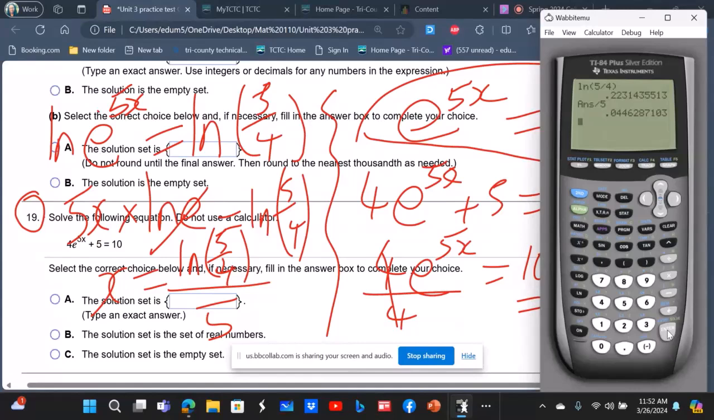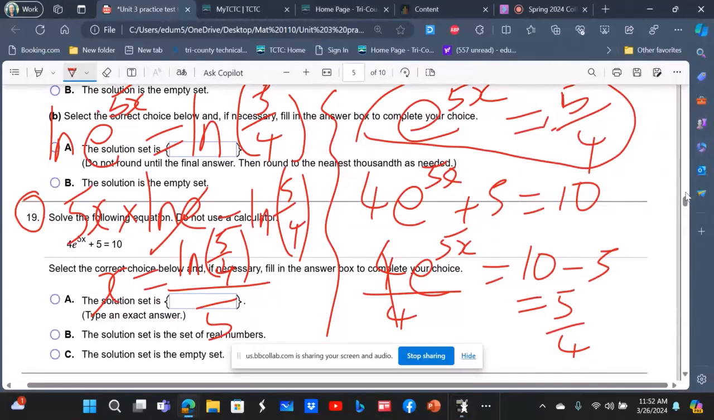Okay, so the solution set is you put the answer there. You find the number of decimal places they want you to answer the question. All right, so let's go back to